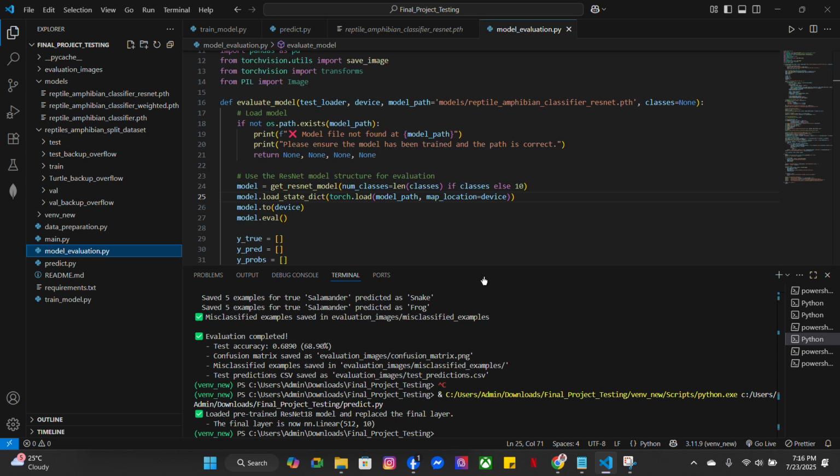But anyway, in summary, this project demonstrates how CNNs can be applied to wildlife classification with 10 classes. Real-world challenges like visual similarity and class confusion arise, but there are also learning opportunities.